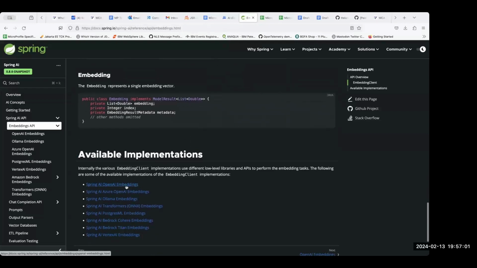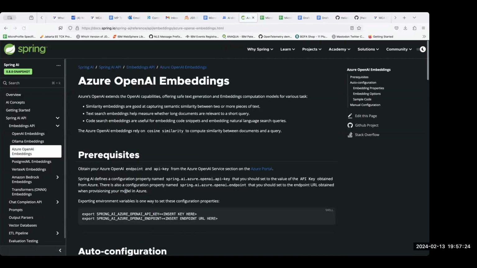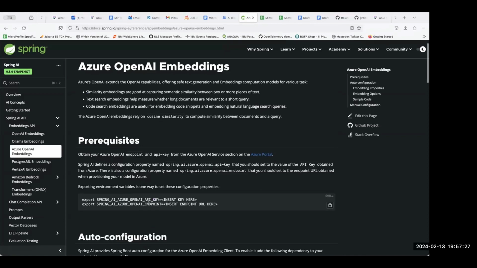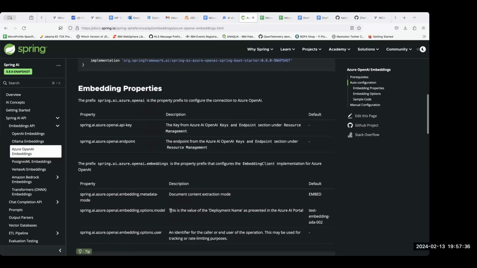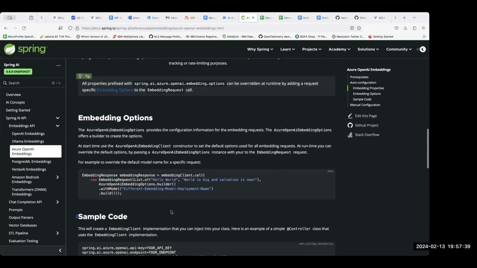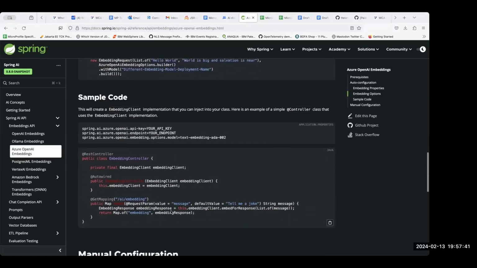You can see here, look, Spring AI OpenAI embedding, Azure OpenAI embedding, Llama. So this is pretty much creating an abstraction layer, so you can plug in a different kind of machine learning or AI backend. You can see how all this is kind of the API keys. But it looks like it's focusing on large language models too, and only on that, right?